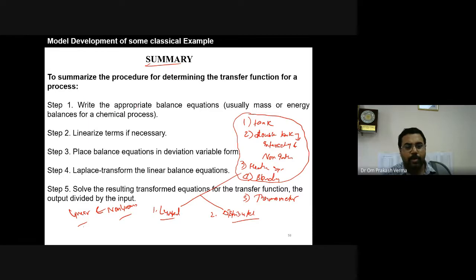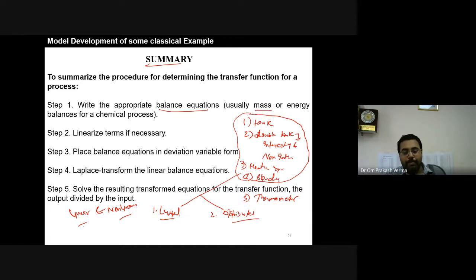First of all, the first procedure for development of any model is to write the balance equation. You have to identify which type of balance is going to be applied. Usually we have the mass, component, and energy balance.